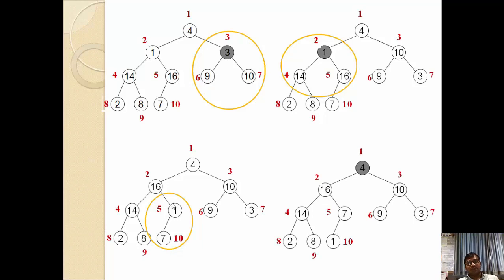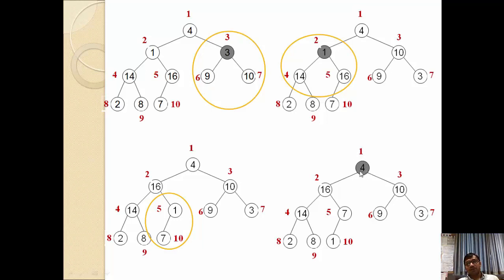So the same process we need to do until we get a leaf node. Then we have a 7, but 7 has no child node, so we are not verifying. So the same thing we need to verify from the parent node to the leaf node. Now we have verified the second node. Now we have to verify the first node, that is our root node.